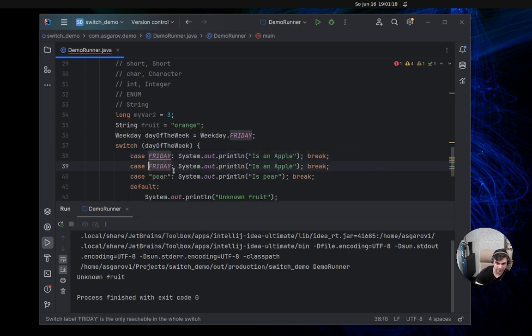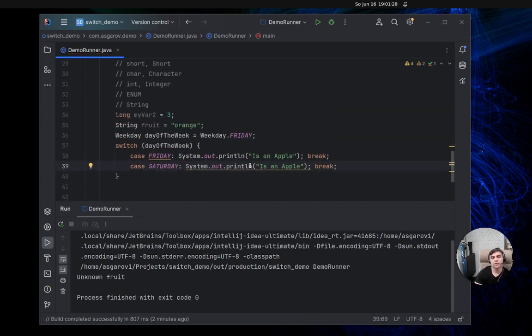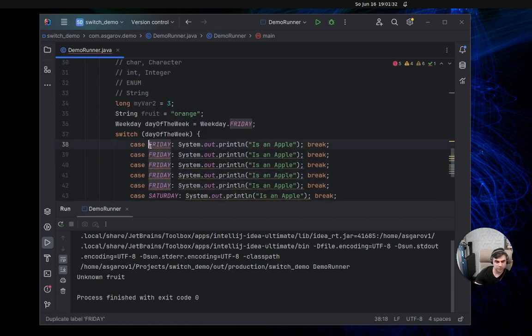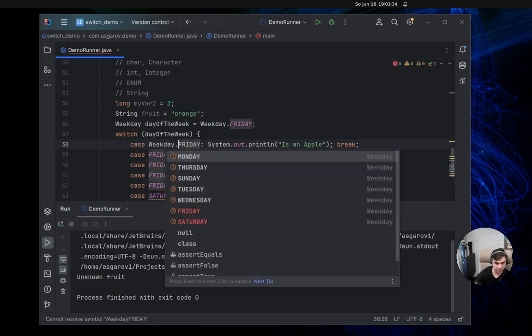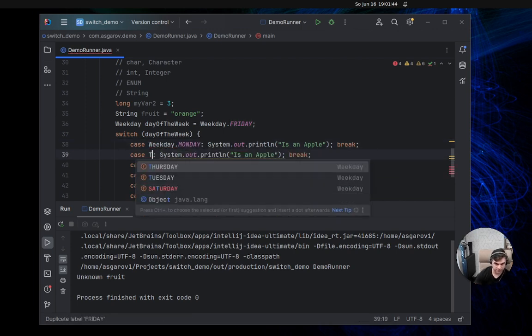So apparently from a certain Java version you can do this, but it doesn't want to right now because I'm doing some